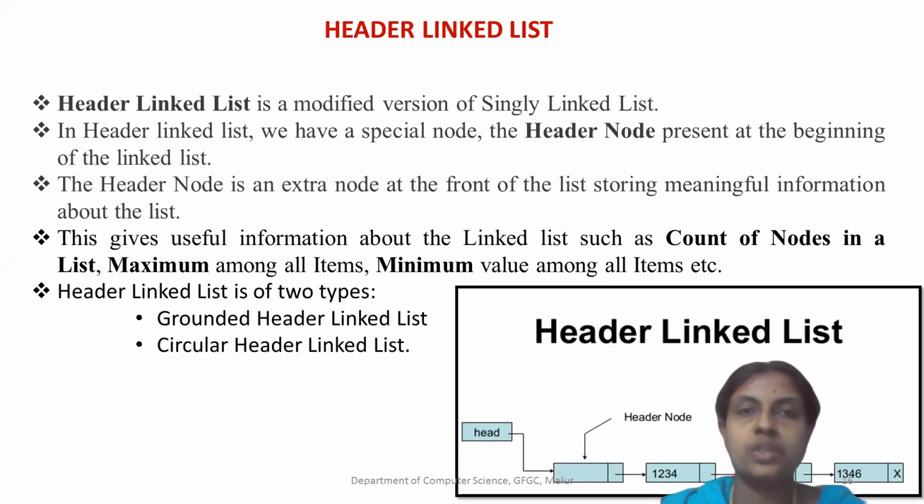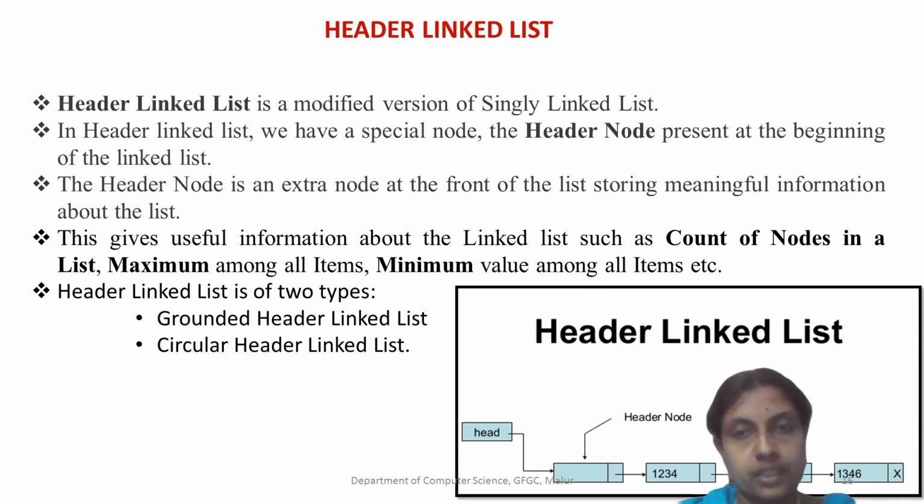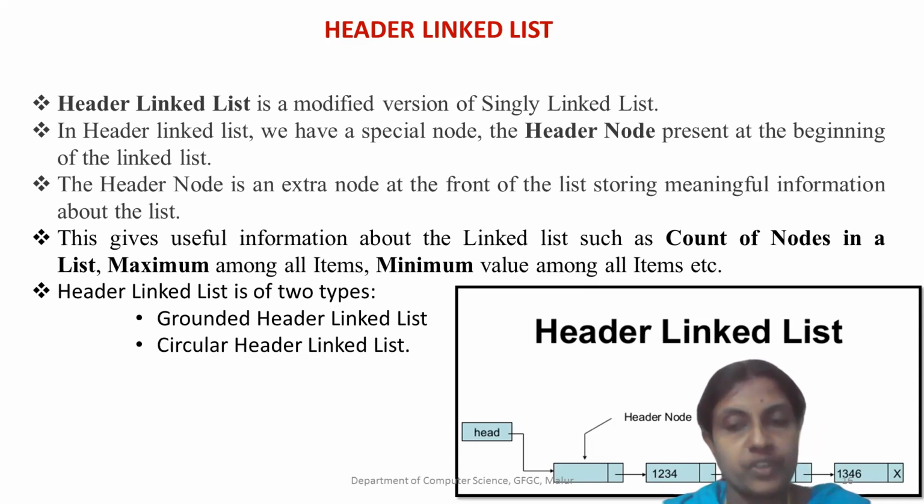In today's class we will discuss another type of linked list called header linked list. This header linked list acts as a modified version of single linked list. It will have a structure like single linked list only, but the speciality is in between the head node and the first node. Usually, soon after the head node, the address of the first node will be linked. But in this one, there will be a special node called header node, which will be placed in between the head and the first node.